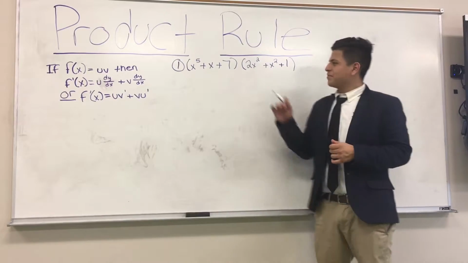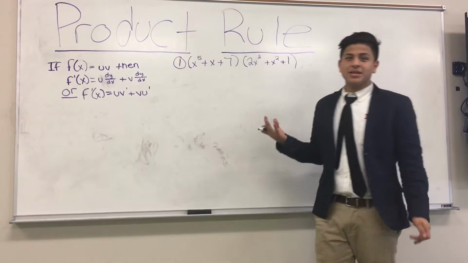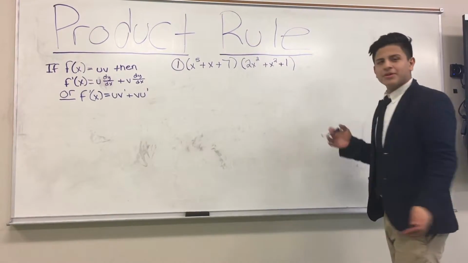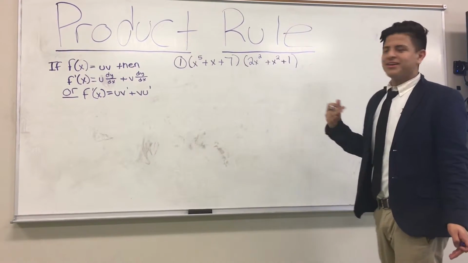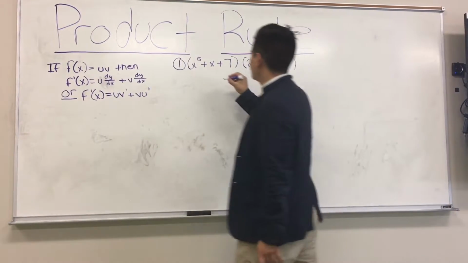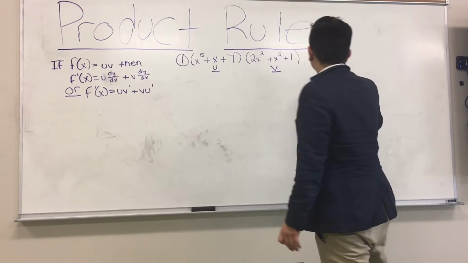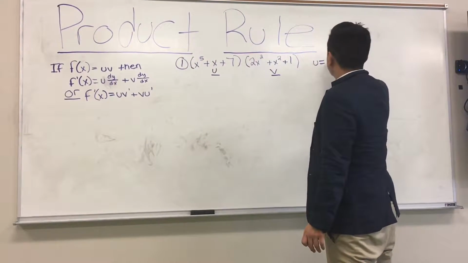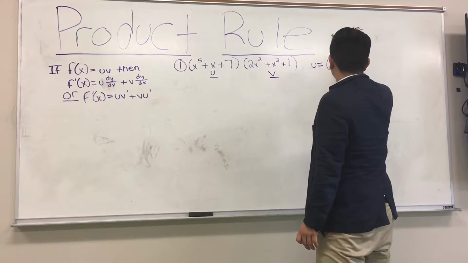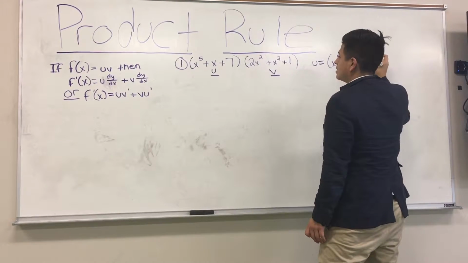Alright, so this is going to be the first example I want you guys to do. I'm going to show you guys how to do it. Alright, so the first thing we're going to want to do is differentiate what u and v is. So this is going to be u, and this is going to be v. So let's just write on the side. U equals x to the fifth plus x plus 7,